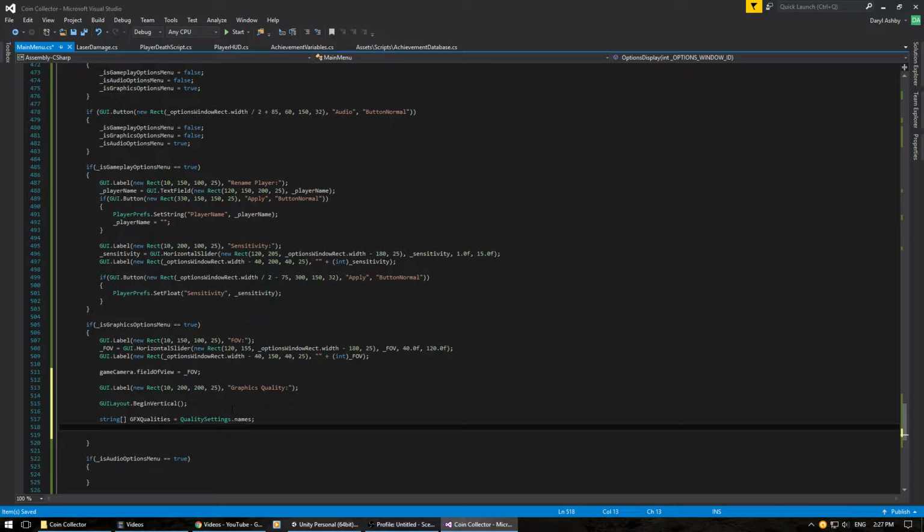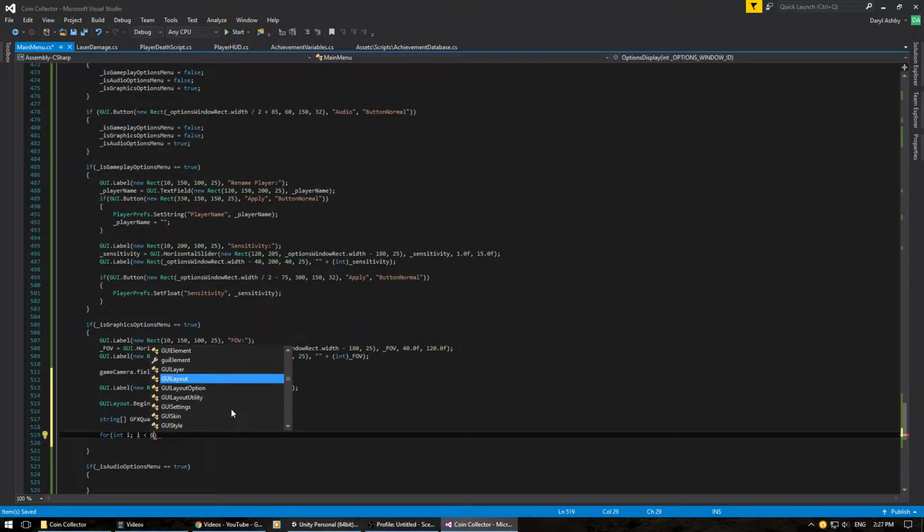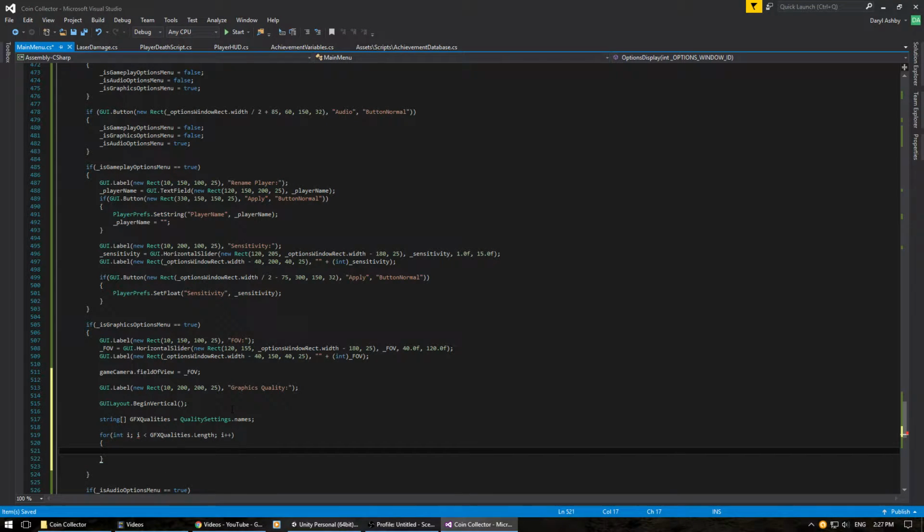So now what we need to do is we need to do a for loop for int I. Now I is less than graphics qualities dot length, I plus plus. Now in here, what we need to do is create basically what the buttons are going to look like. So we need to do if